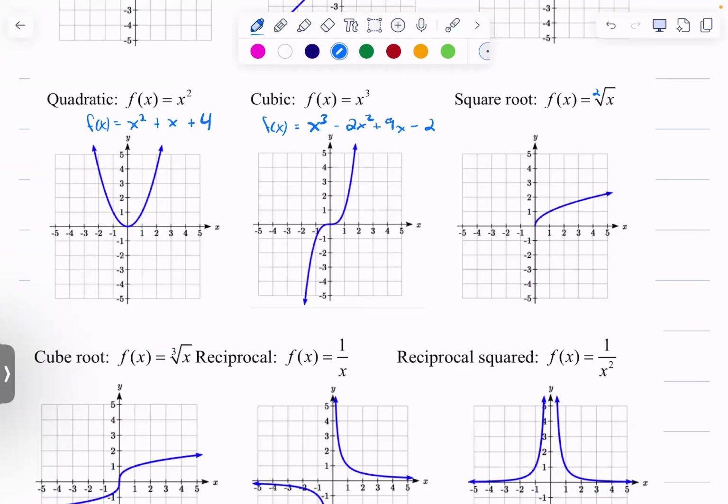So x to the power of 3, right, looks similar to a parabola. What's happened? It's just that this little guy is just kind of going down this way now. If you flip this arm up, right, you get x squared. But that's the difference. And so we'll have this kind of smooth S-like shape for x to the power of 3. Okay.